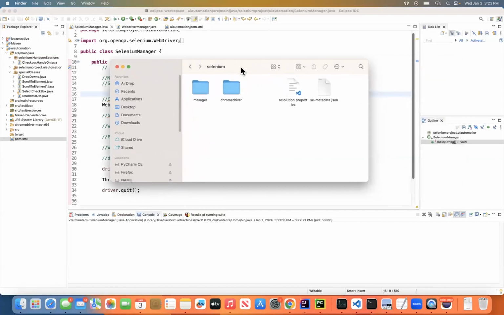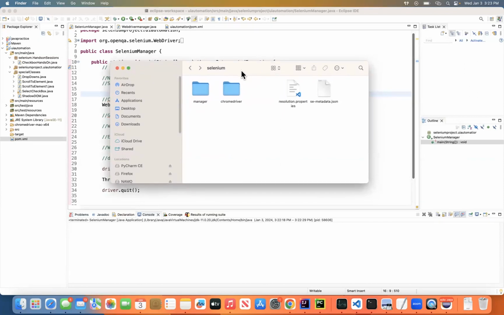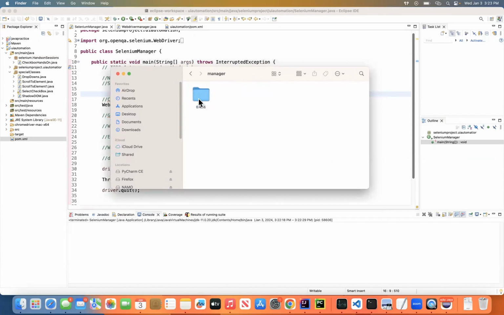I have mentioned where this cache is getting stored, right? So this is Selenium Manager, and we are on the version 0.4.16, and then Chrome driver, right? So this is Mac 64. I have not downloaded this one, and this is being downloaded by Selenium Manager, and you see Chrome driver 120, and